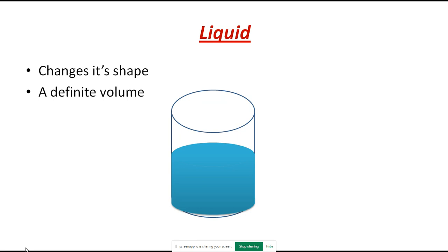Or if by mistake the water falls from your glass to the floor, it will no longer be like it was in the glass. The shape would change, but it has a definite volume. This means that it takes up the same space no matter where you keep it, in a jug or in a bottle. For example, if in a glass you have water of 2 ml, in another glass it won't be 3 ml. It will still be 2 ml. So it has a definite volume.